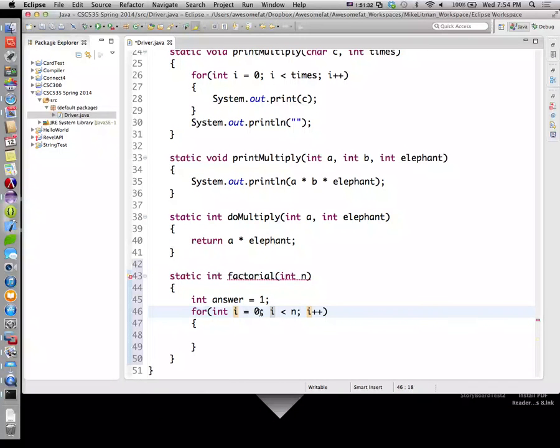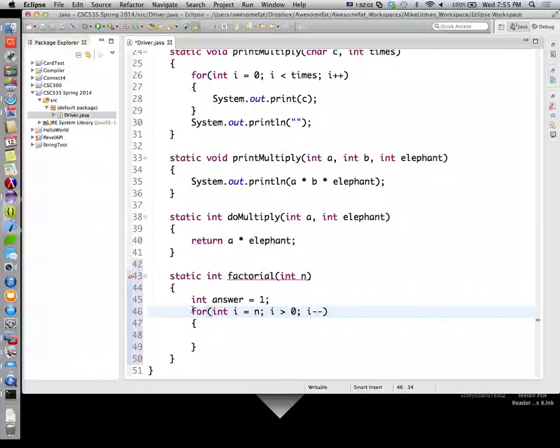So she wants to do this. She wants to start i off at n, keep going as long as i is greater than, you said greater than or equal to 0? Just greater, oh, is it greater than or equal to? Doesn't matter. You want to say greater than 0 for right now? I mean, it matters, but it won't matter in terms of the correct solution in this case. It'll matter whether or not we waste our time multiplying by 1 a couple of extra times. We'll see it. But we'll say greater than 0 right now,